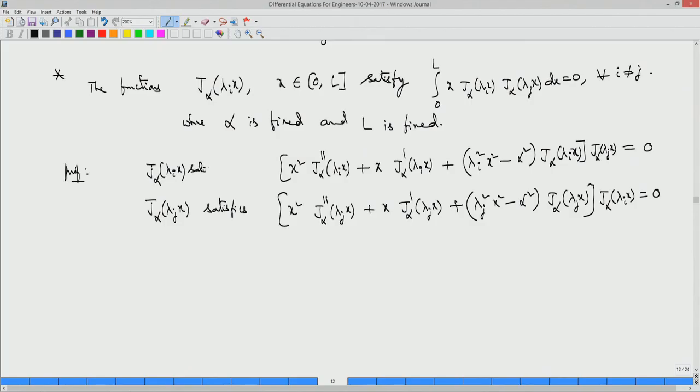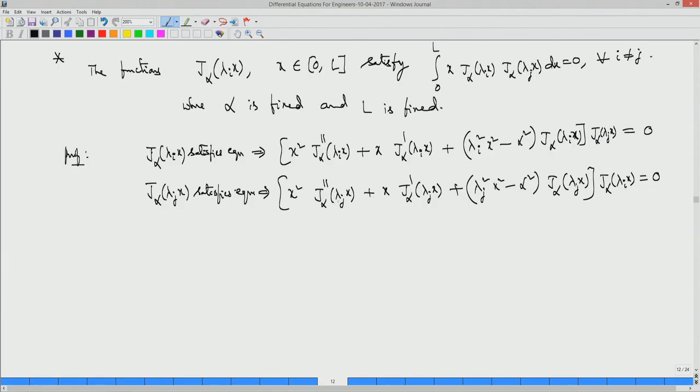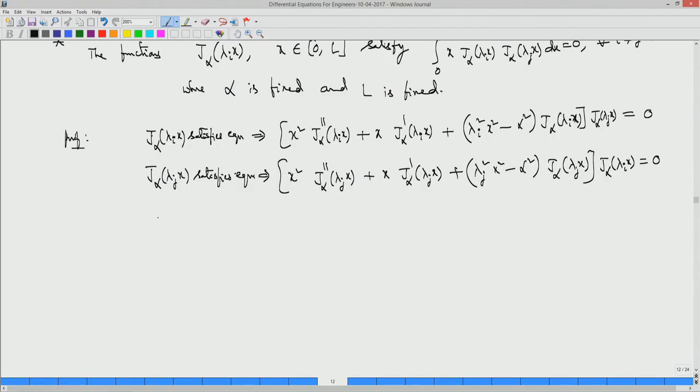This satisfies the equation, which implies this; that satisfies the equation, which implies this. For this, I multiply: if j alpha of lambda j of x satisfies this, you multiply that to the other equation, and whatever is satisfied by the equation j alpha of lambda i x, you multiply to this, and then you take the difference. So, this is equation number 1 and 2. 1 minus 2 will give me,